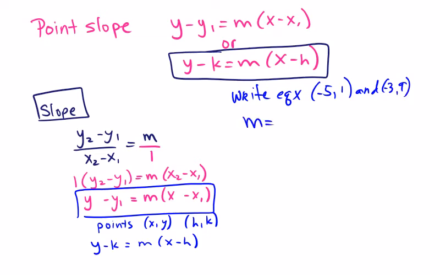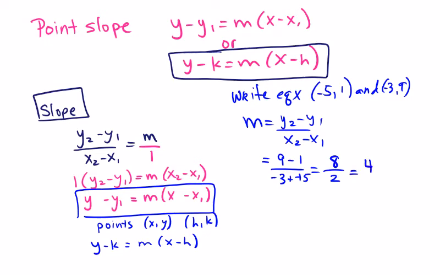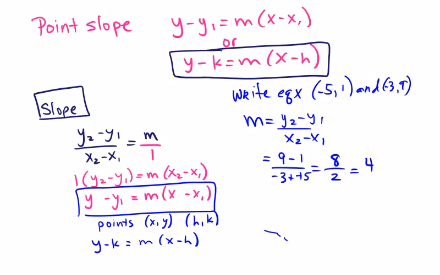So our slope is going to be y2 minus y1 over x2 minus x1. So that's going to get us a slope of 9 minus 1 over negative 3 minus negative 5, which gets us 8 over positive 2, which gets us a slope of positive 4. And now we're going to go to our point slope form. So let's erase some of those little issues. So now our point slope form is going to be